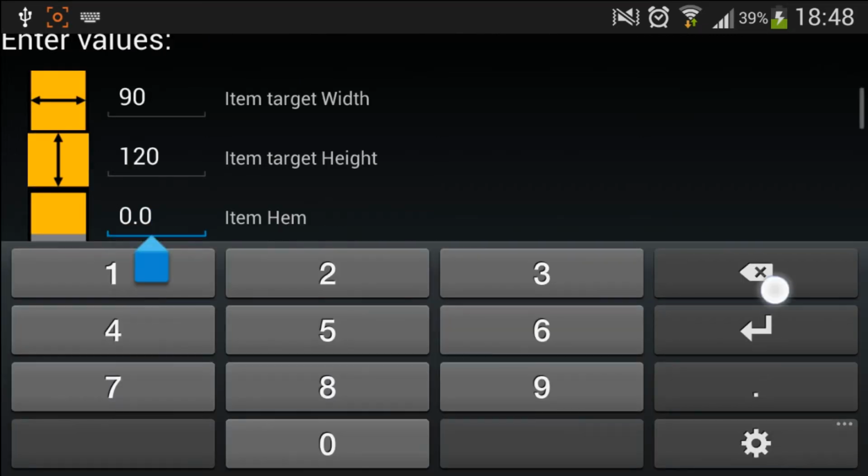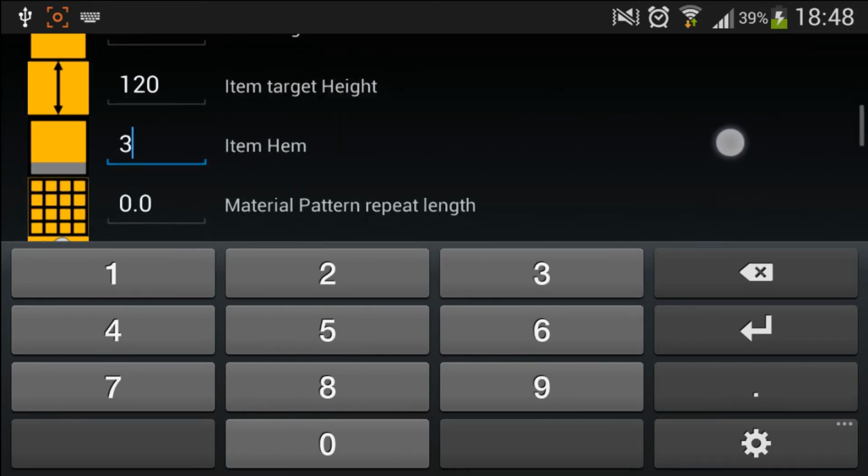Item hem is the curtain flip on the edges, so it's usually about 3 centimeters. Material pattern repeat length. If we usually apply the pattern, we want to know how often the pattern will be repeated. So it will automatically calculate the material so it would look nicely on the edges of the curtain.